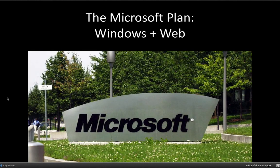So let's look at another version of the future. Let's look at the Microsoft plan. Microsoft was kind of caught flat-footed when Google first started their whole Office, or cloud-based Office initiative. And at first they thought nobody would really care for it because it's so lacking in a lot of the features that Microsoft Office has, so they didn't think anybody would really go for it. And at first they were kind of right, but the writing's on the wall now, as people become more comfortable working on the internet,